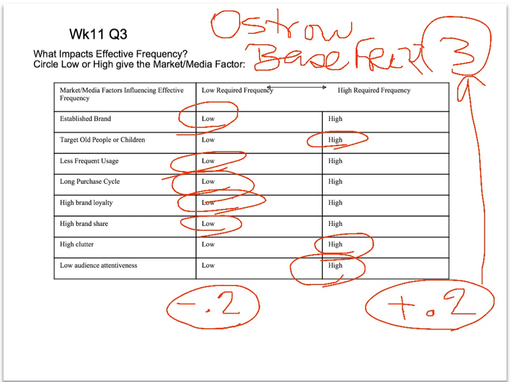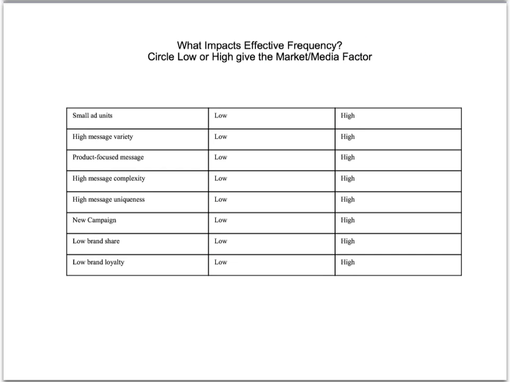We'll go on to the next slide where the remainder of the question is. If you have small ad units, you're going to need a higher effective frequency, more impressions of smaller ads, fewer impressions of larger ads. If you have a high message variety, we're going to need, again, a higher effective frequency,